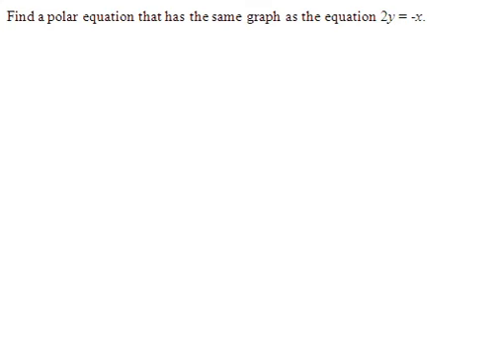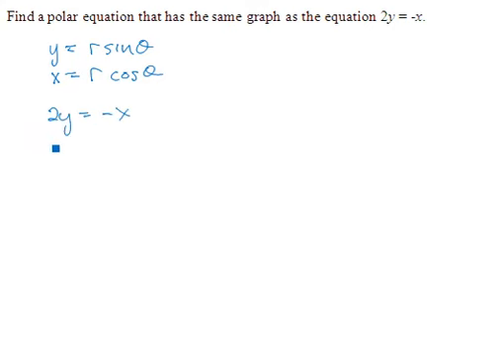Find a polar equation that has the same graph as the equation 2y equals the opposite of x. Well, if 2y equals the opposite of x, and we know that y equals r times the sine of theta, and that x equals r times the cosine of theta, then we can make those substitutions and write 2y equals